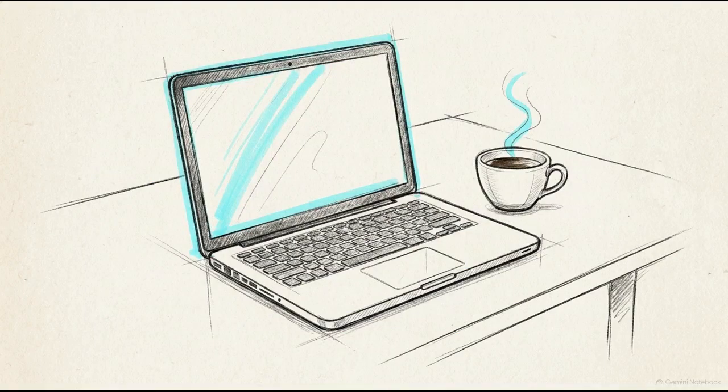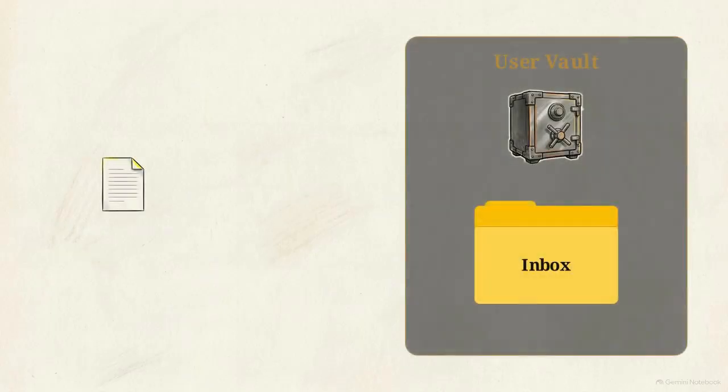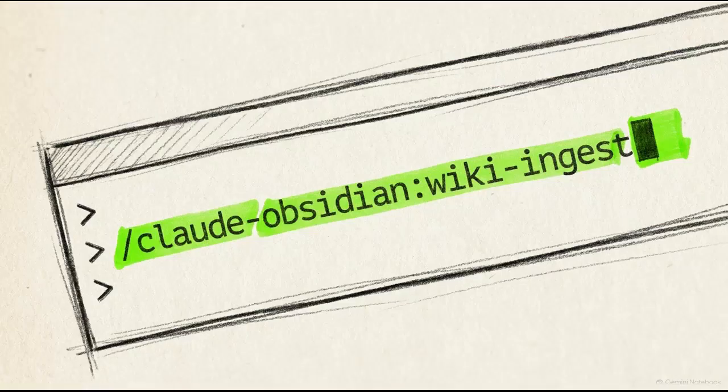To prove the entire pathway is functioning, we will run a minimal validation test. Start by creating a standard text document on your computer and typing out a few paragraphs of factual claims. Take that file and manually drag it straight into the visible inbox directory sitting at the root of your new vault. Switch back to your active Claude terminal session and type the explicit command